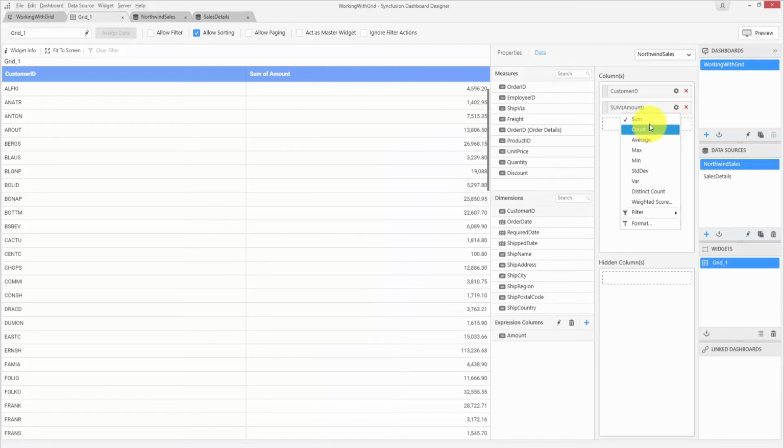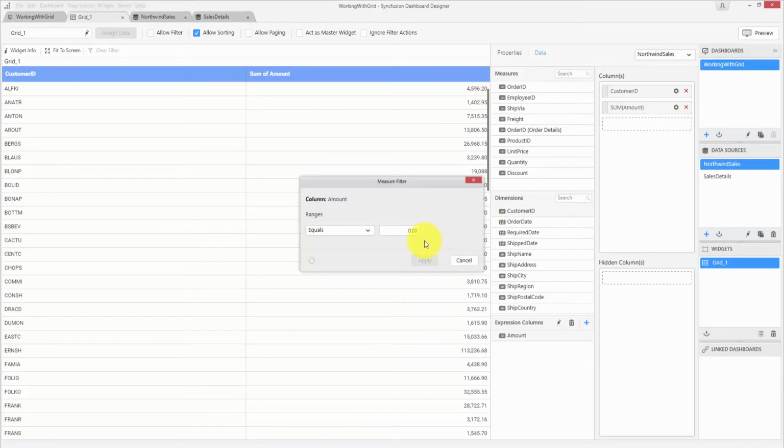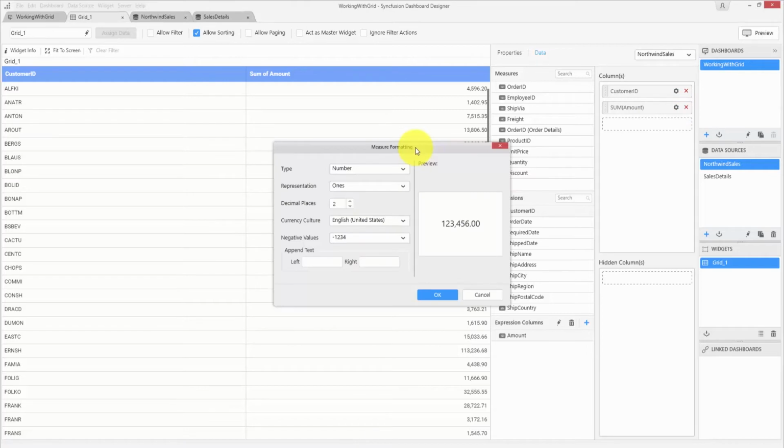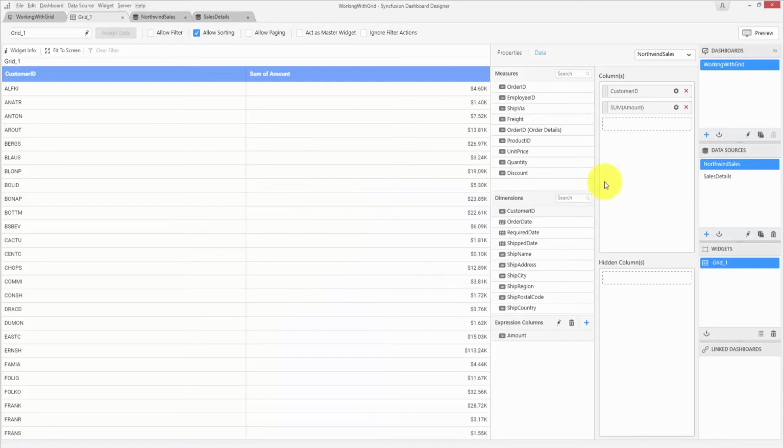For numeric data, you can change the aggregation, do filtering based on condition, and also you can change the format. The amount format is of type currency, so let me change the format as currency, representation in thousands, and click the OK button to configure. Similarly, you will have customization options for different data types like datetime field, where you can change the aggregation from year to month, likewise, and also you can add filters.